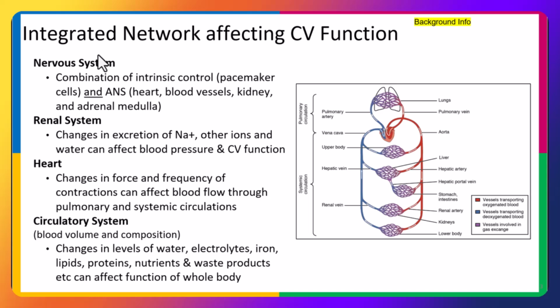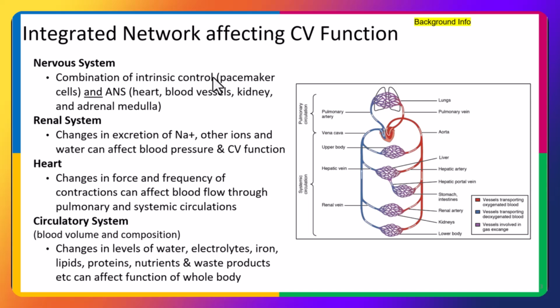This slide is demonstrating that cardiovascular function is really an integrated network of many other systems, including the nervous system, the renal system, the heart specifically, and the circulatory system. The nervous system, remember that our heart has this intrinsic control via the SA node, sinoatrial node, or the pacemaker, and it sets the pace. It's an automatic function. It's not relying on the central nervous system for its main